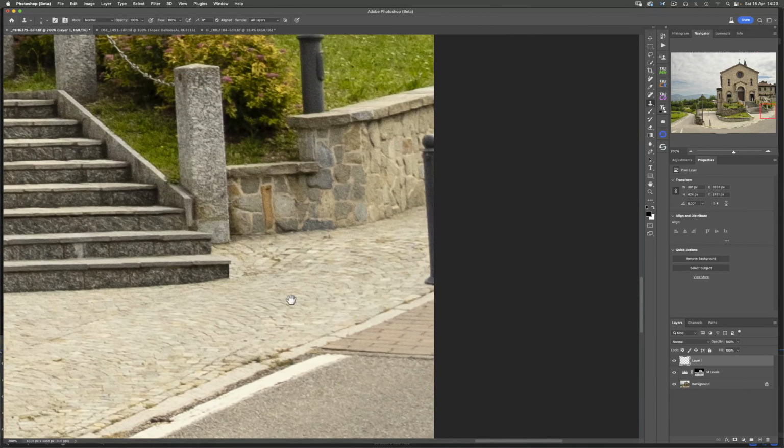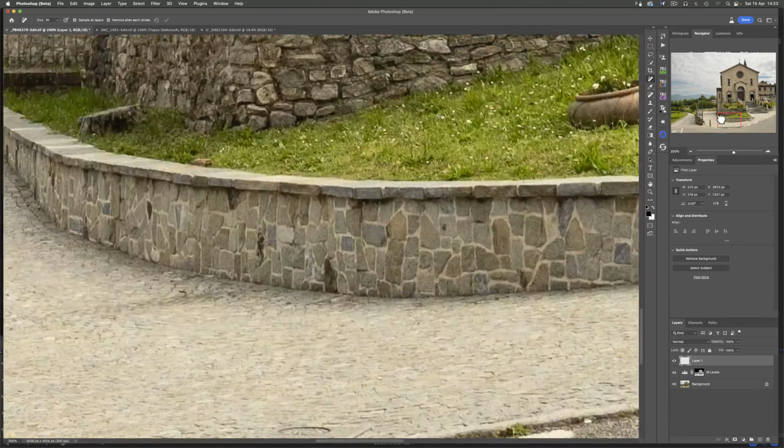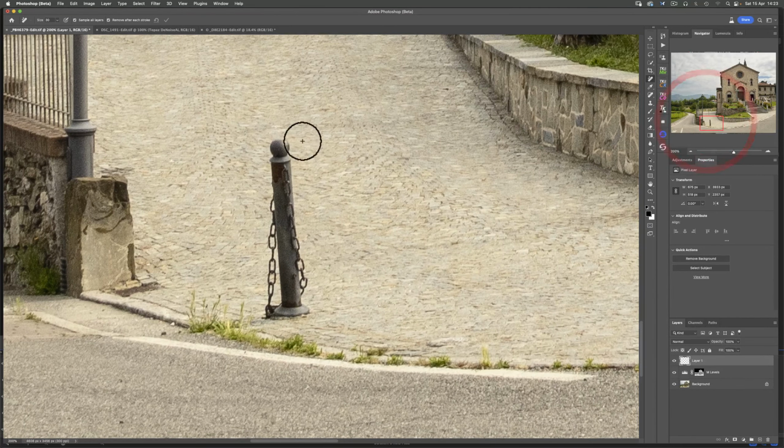But you see, the spot healing brush always has problems with stuff at the edges of an image. And this baby, let's just take out that with one simple stroke down there. And that'll just about do. Look at that. I mean, come on. It's blooming crazy. And let's now come to this last one here,